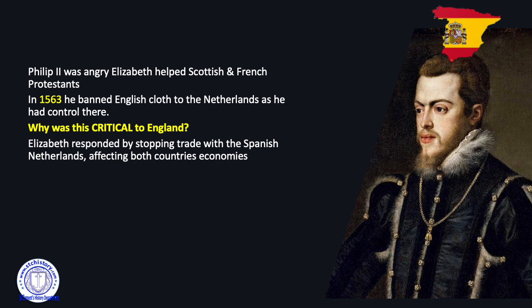So you've got these two egos again, going head to head, trying to win this initial skirmish. I don't think we're anywhere near a war at this point, but you can see hopefully that the relations are definitely getting a little bit strained, and religion is the main cause of that. So Elizabeth, maybe that surprises you, comes back quite aggressively in response to Philip banning English cloth. This will last for about a year, this sort of back and forth, and in the end Philip will reopen trade in about a year's time, but that's caused a lot of damage economically to England in that 1 year of not trading. Equally, it's not helped the Spanish economy either.